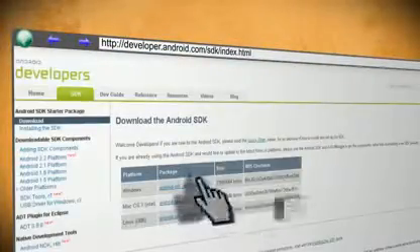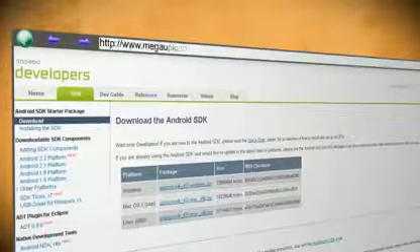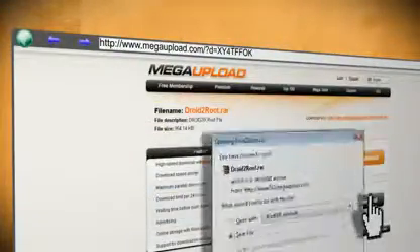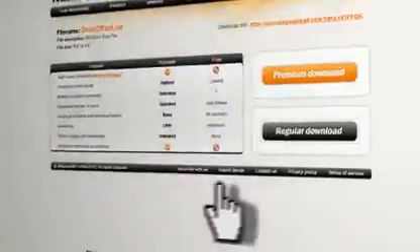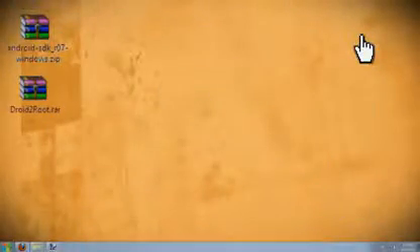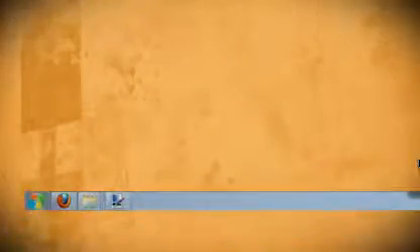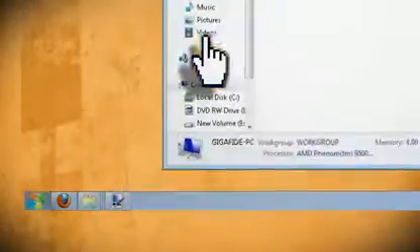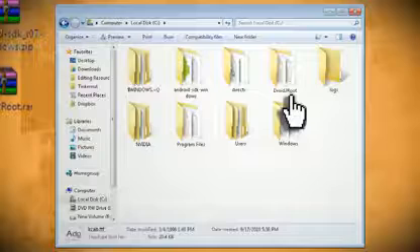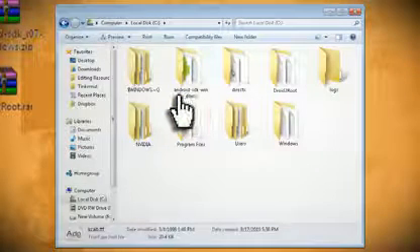Alright, you're going to need two files in order to complete this project. The first one is the Android SDK, which is the Android Software Development Kit. The next thing that you need is the Droid to Root file, which contains BusyBox, our root image. Once you have these files downloaded to your desktop, extract both of them to your C drive. I'm using WinRAR to extract them, but you can use 7-zip or whatever archiving program you want. The file paths should end up being C:/droid to root and